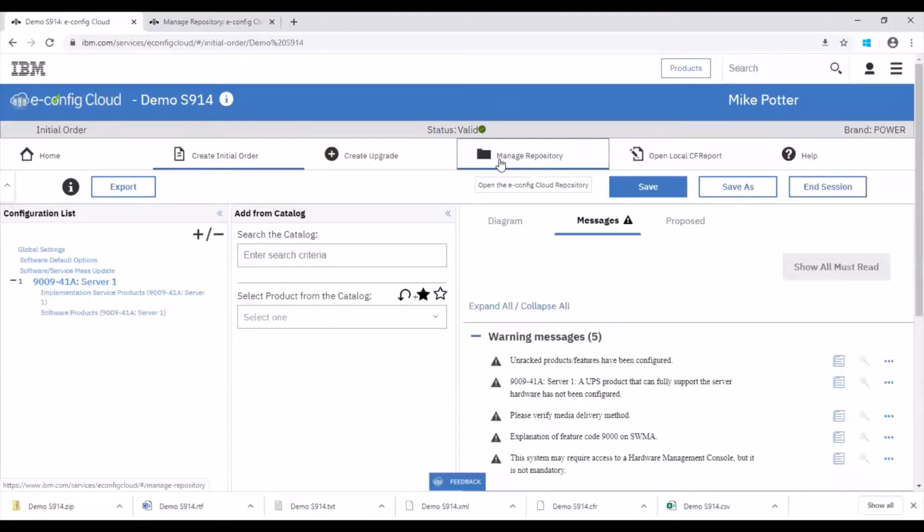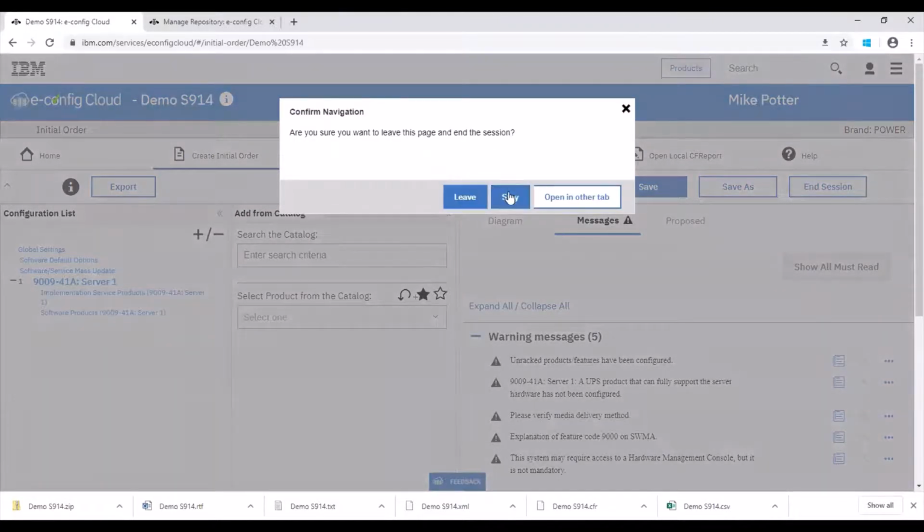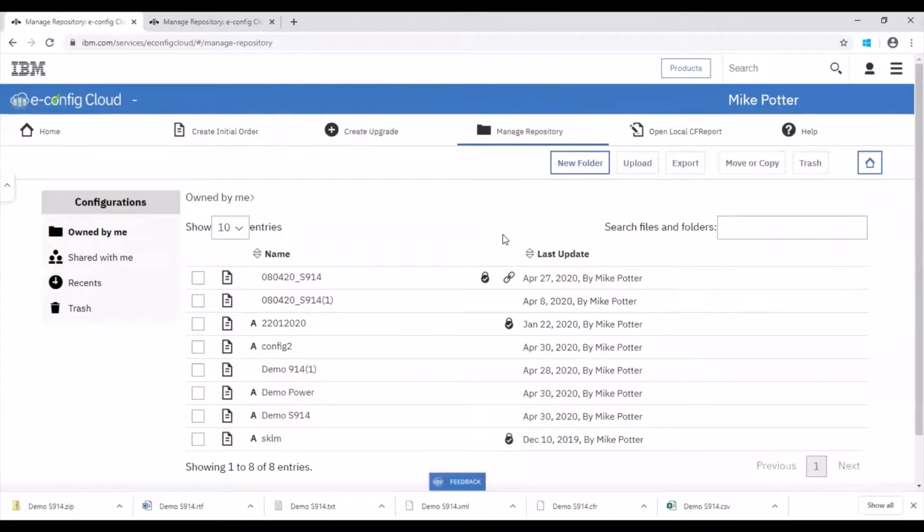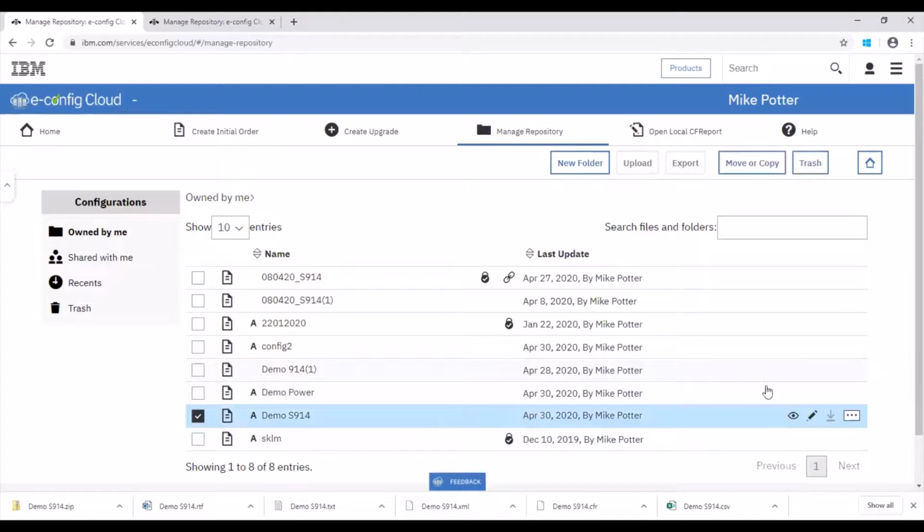One of the key items of eConfig Cloud is the repository. So here within the repository, you can save your configurations. What you can actually also do, you have a number of options. You can either look to view it in the repository, which will give you a snapshot of how the configuration looks